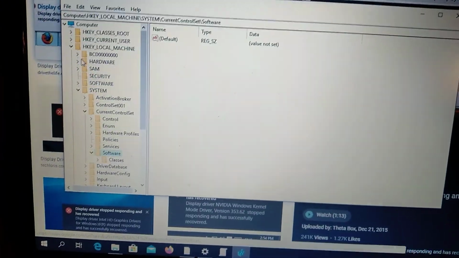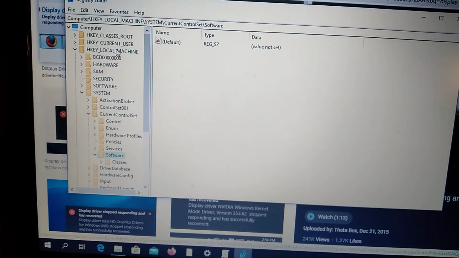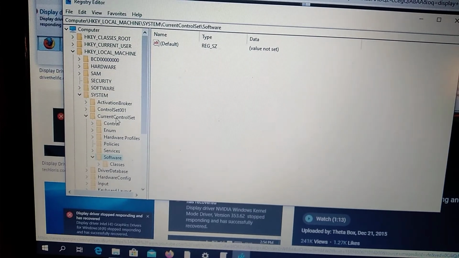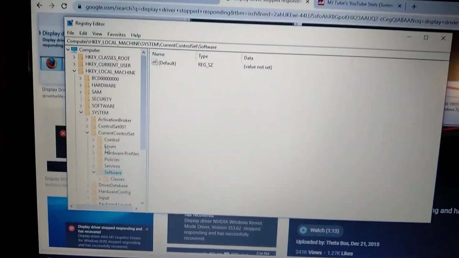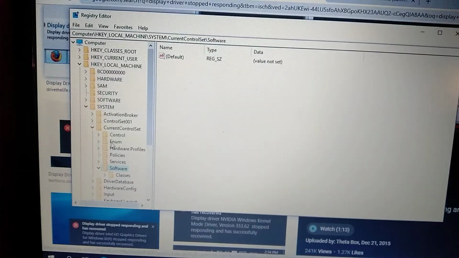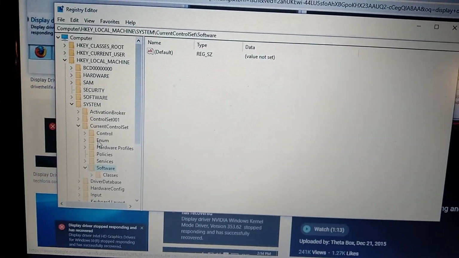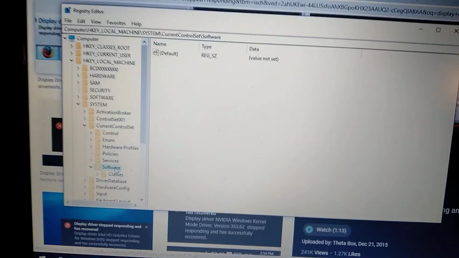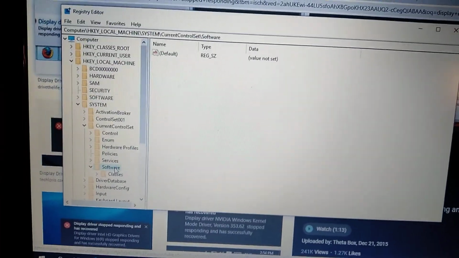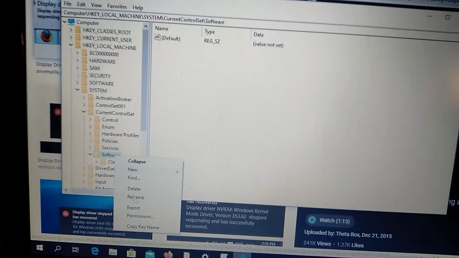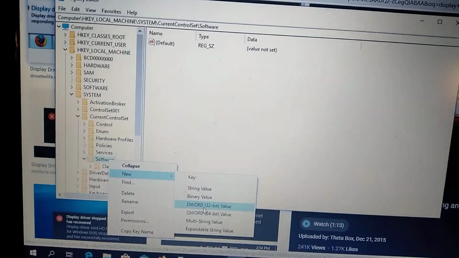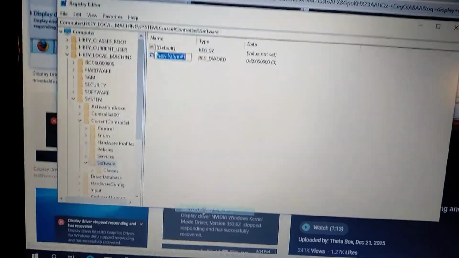And here you can see you need to open HKEY_LOCAL_MACHINE, System folder, CurrentControlSet folder, and here you will find a folder with the name Graphics. Sorry, but in Windows 10 I don't have this folder, so I will do it with the Software folder, but you will do it with the Graphics folder. So just right click on it, and here you choose New, and you choose the word 32-bit value,